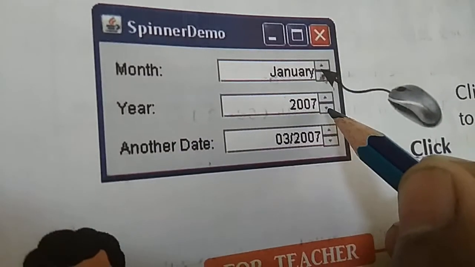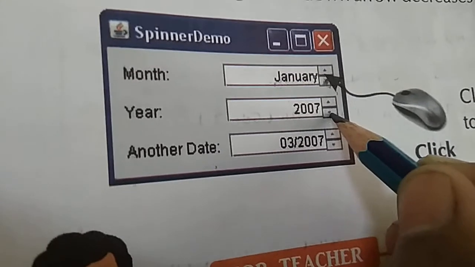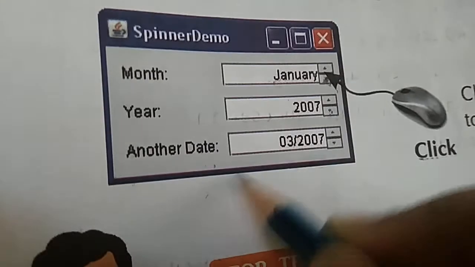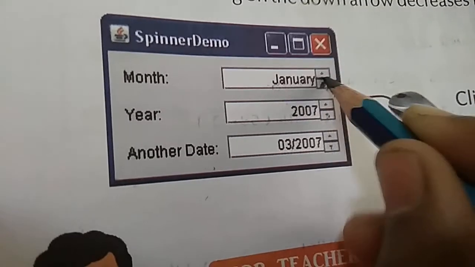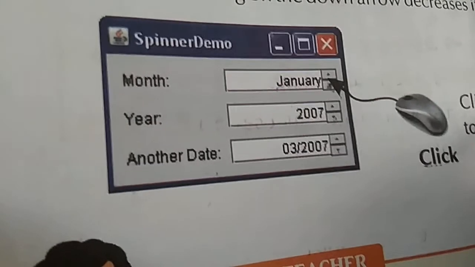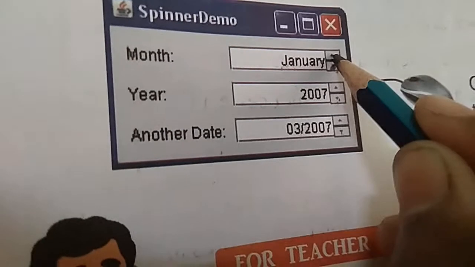If you want the next year after 2008, click on the down arrow. Then for another date, select here. If you want to go up, click on the up arrow.